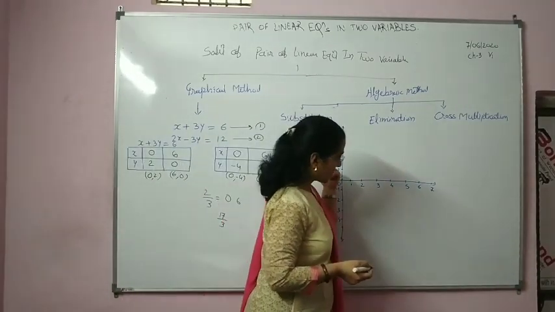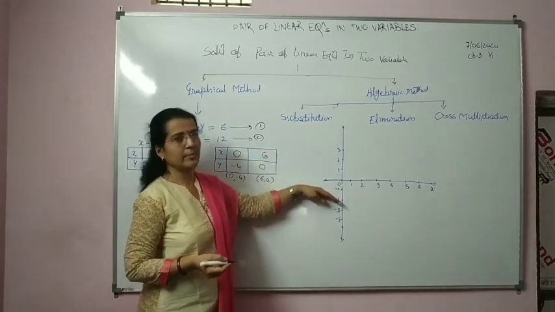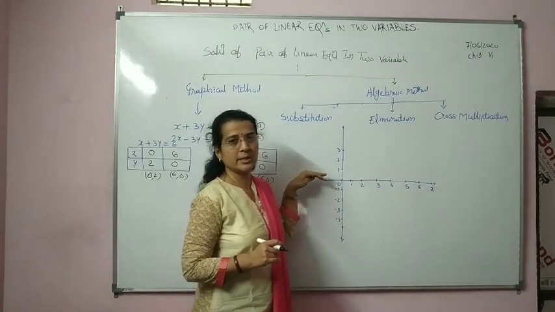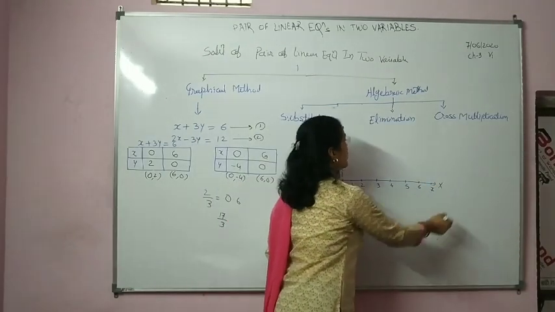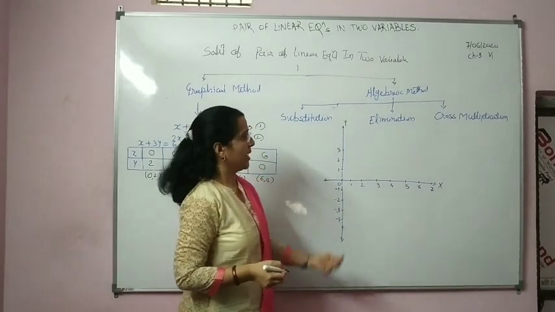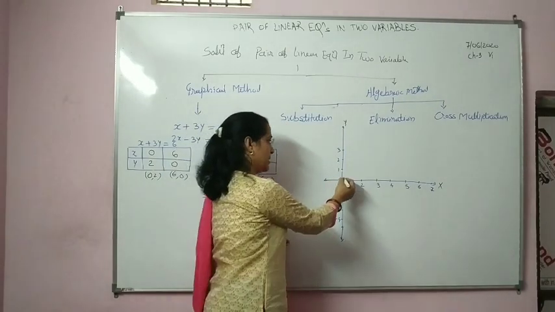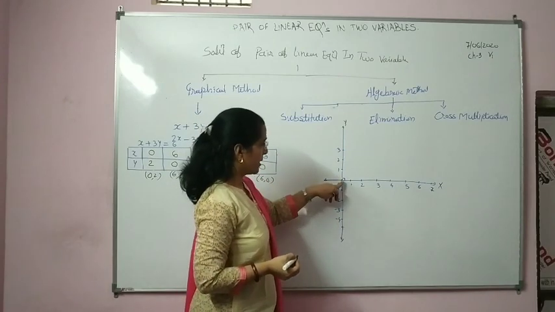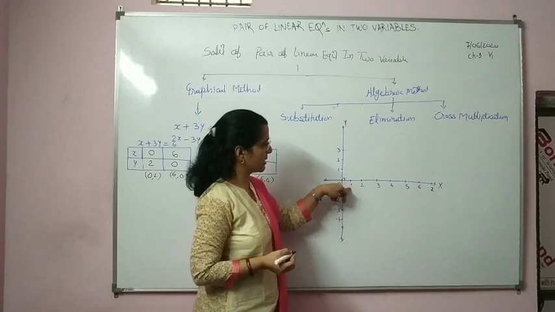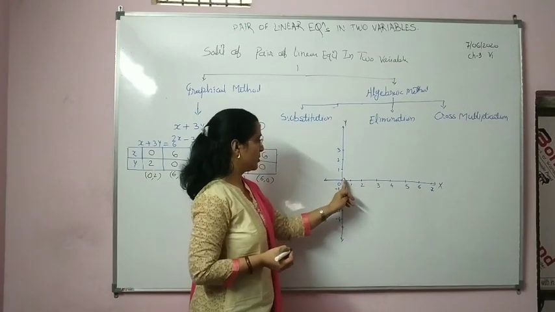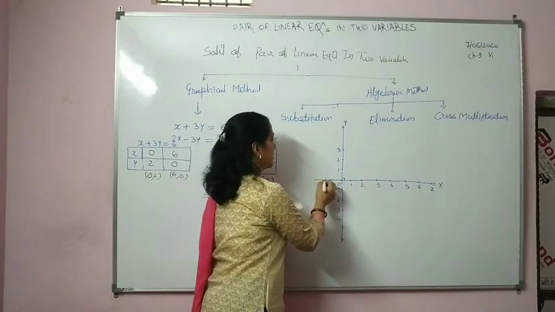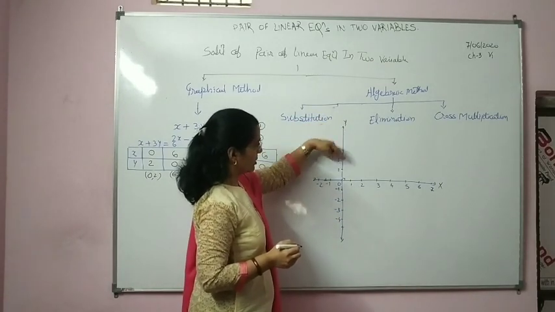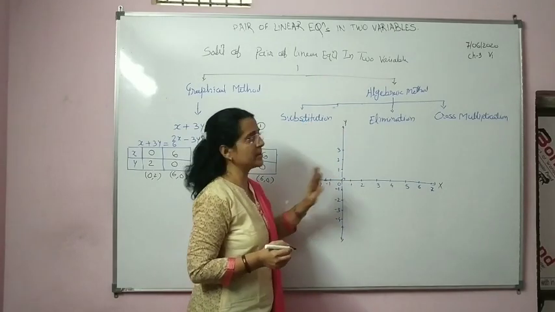For making the line, we will take the graph paper. On the graph paper, we divide the graph paper into 4 parts. The horizontal line is called the x-axis and the vertical line is called the y-axis. Both the lines are mutually perpendicular to each other, and wherever they intersect, that point of intersection is called the origin. Right of the origin along the x-axis, all the numbers are positive. Left of the origin, all the numbers are negative. In the same way, above the origin along the y-axis, all numbers are positive. Below the origin, all numbers are negative.